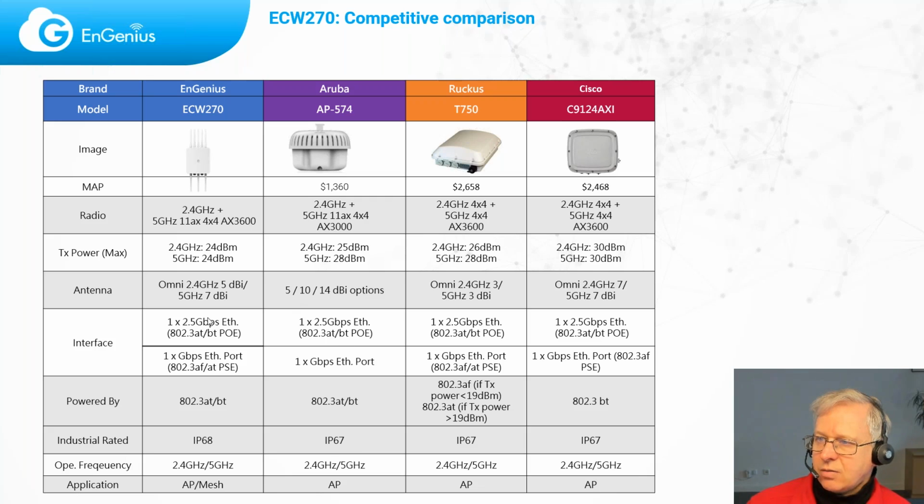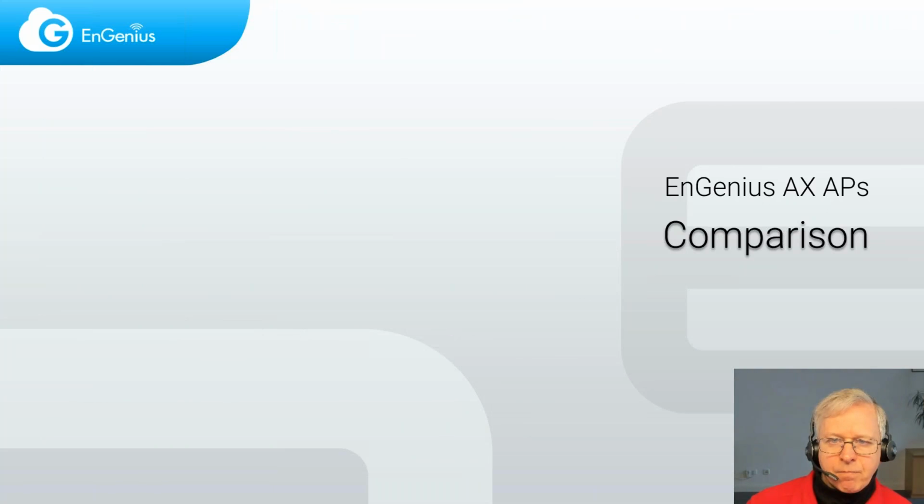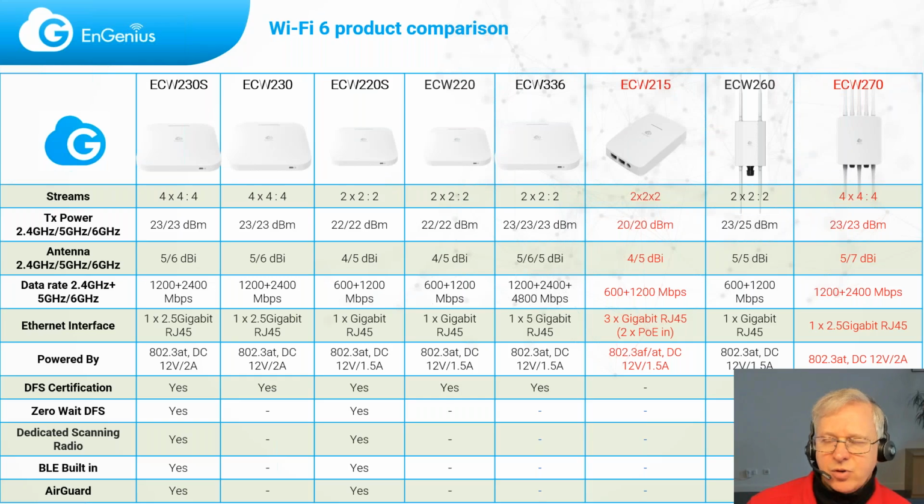I didn't mention it before, but I'd like to note that our device has a 2.5 gigabit Ethernet port, so you will be able to move a lot of the gigabits that it could theoretically pass. Just for comparison, I put an overview of all our AX cloud models that we currently have. Just if we want to check it.